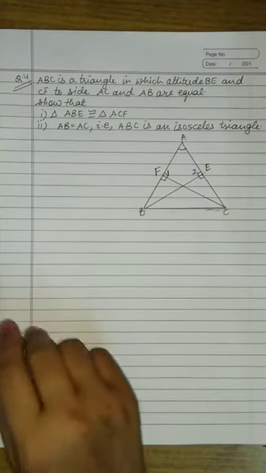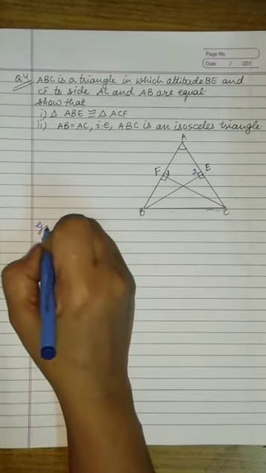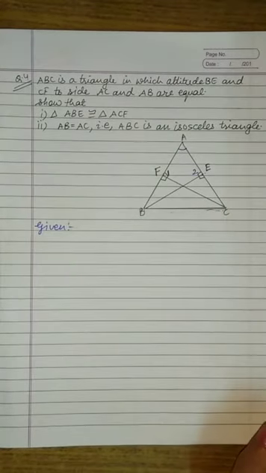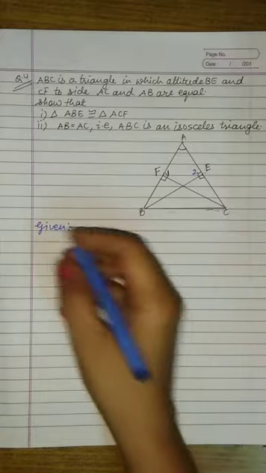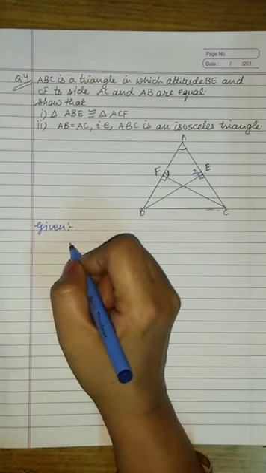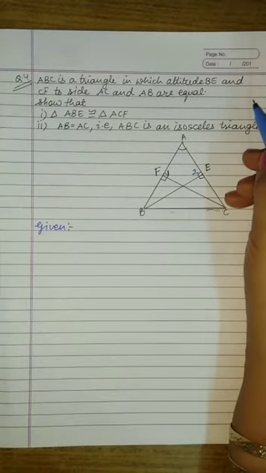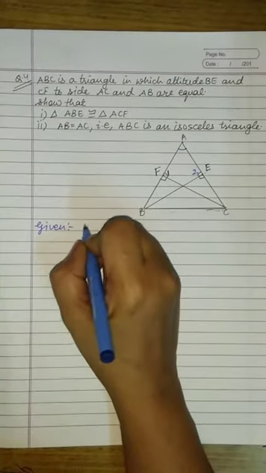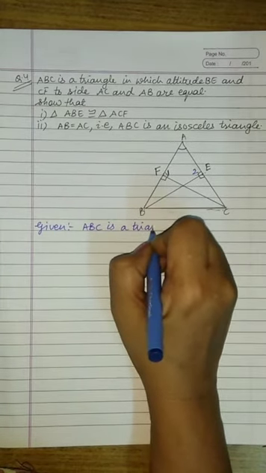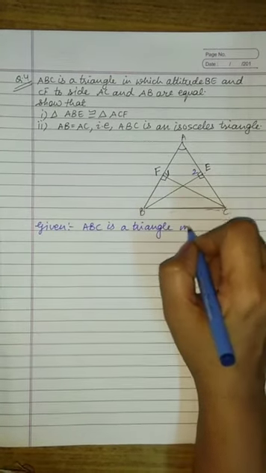So what is given in this question? We will write given first. Given and to prove is very important to write in every question related to geometry, because it carries marks in the exam. So write given and to prove from the information given in the question. So what is given? ABC is a triangle